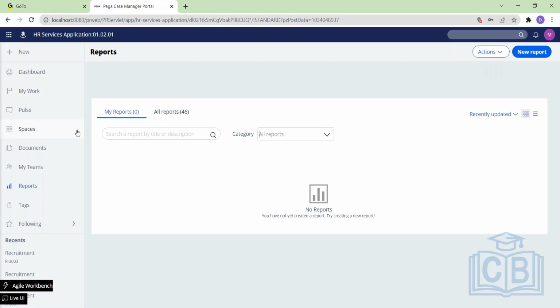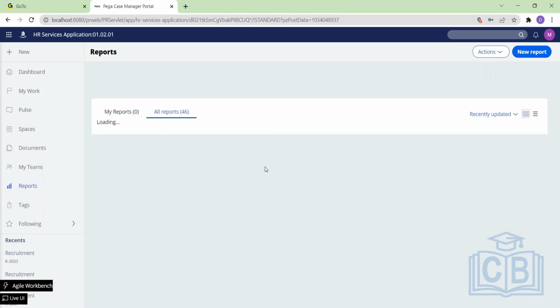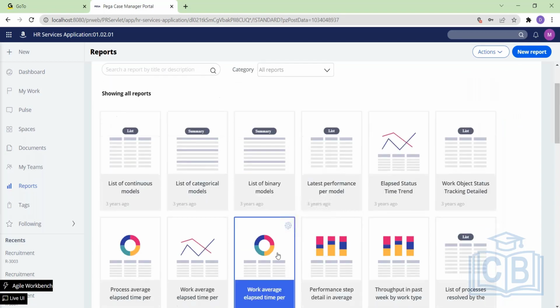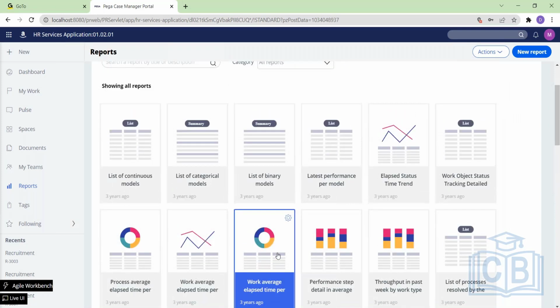Currently there are no reports that this user has created. But I can just click on new report and add, as simple as dragging and dropping in. I would be able to add my columns. You might have been aware of this, the part where you create reports. So I'm not going into creating reports again, but instead we'll go back to the